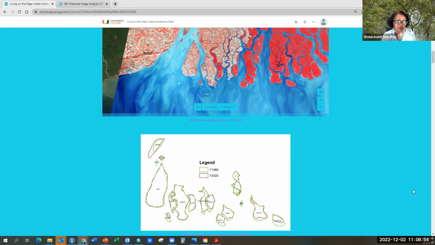The biggest island here is Sagar Island, which is the island here, and kind of the southernmost part of the edge of the island system. And this island, when I visited in June 2022, there's a very famous temple here. You might have heard of some of the big religious festivals that happen in India which bring a lot of people, like the Kumbh Mela. They have a Sagar Mela here. It's a religious fair that happens every year and brings a lot of tourists here.